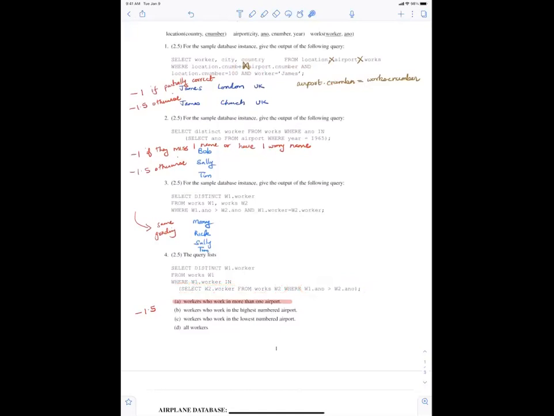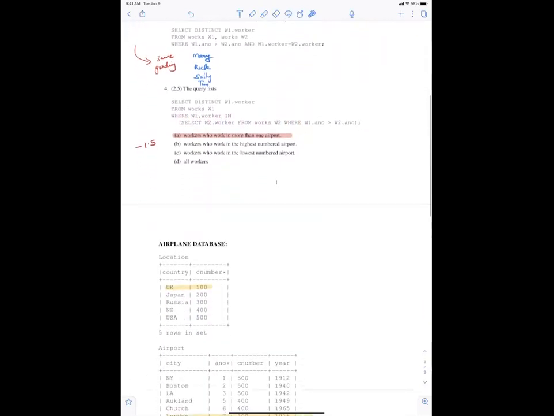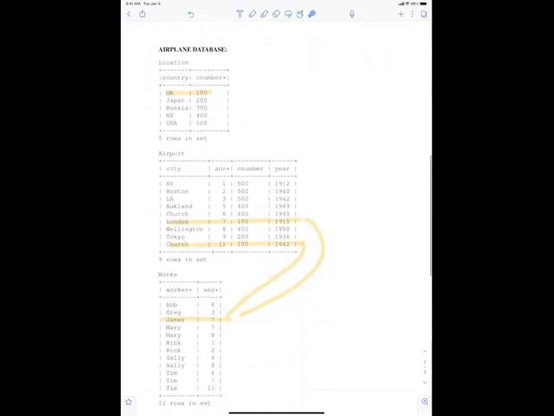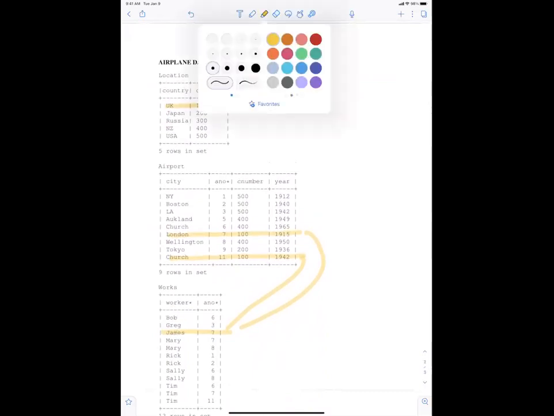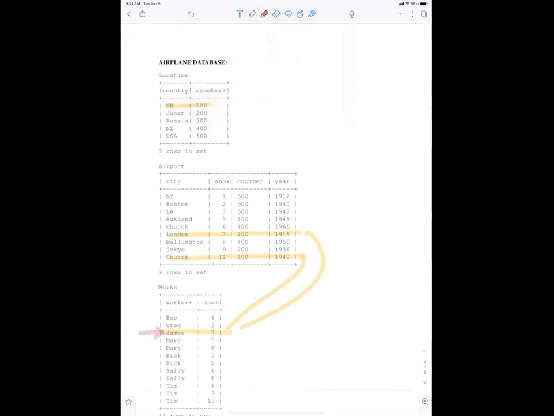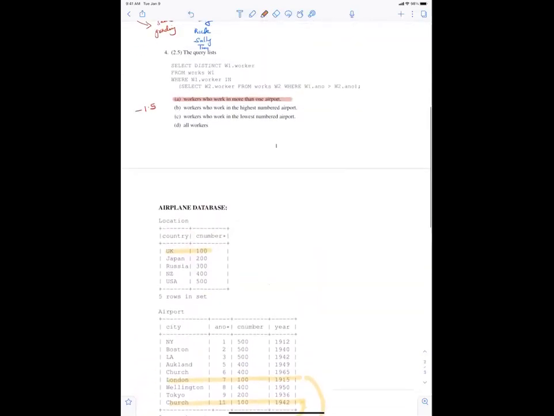So what happens out here, so let's just pick up the first 2 rows. Okay, let me pick up these 2. Let's pick up James and let's pick up Mary. Okay, so first let's take James from worker 1. So when you pick up James, his A number is 7, right? So you want to find everyone who has